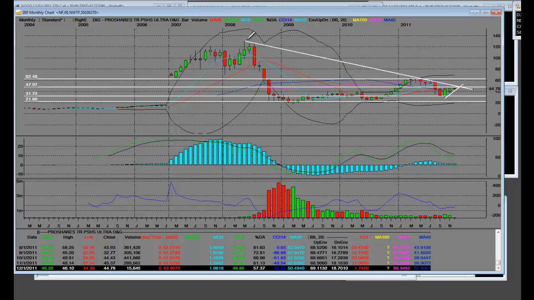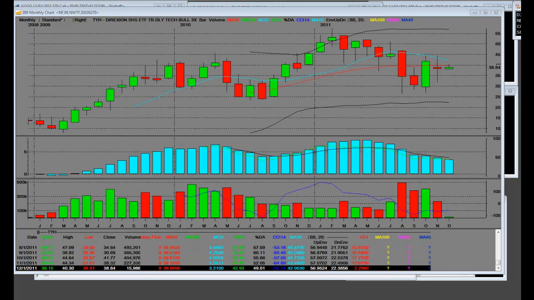We're coming right off of the 2008 top until you can consolidate up here and break that resistance level. It remains in a multi-year downtrend in the DIG. And as far as this bull 3x go, I can tell you right now, MMTs, look at this monthly pattern